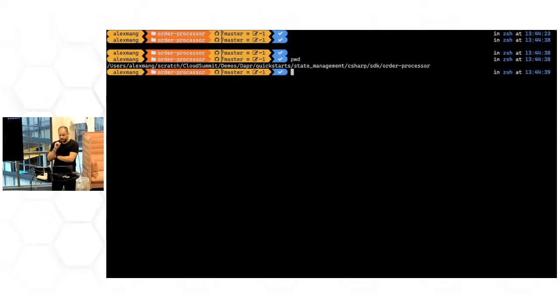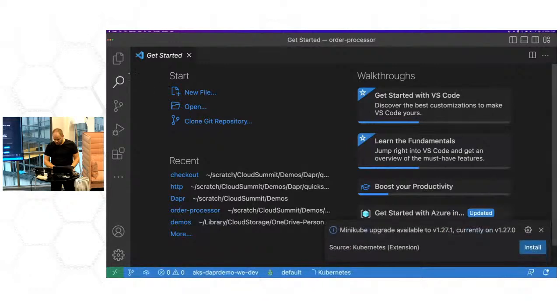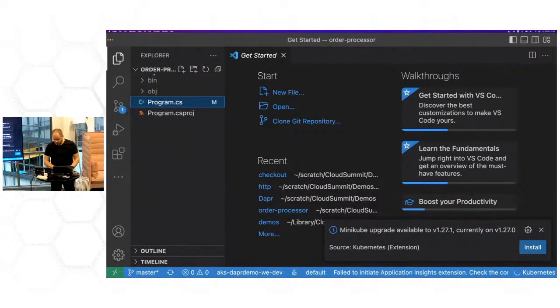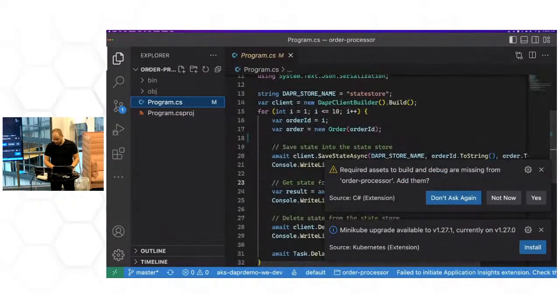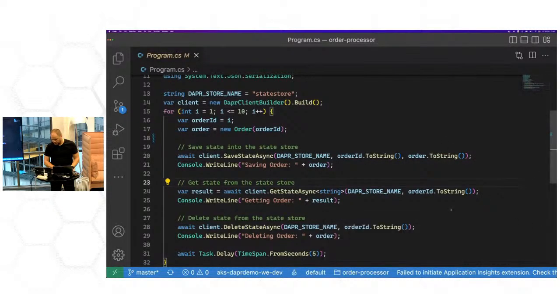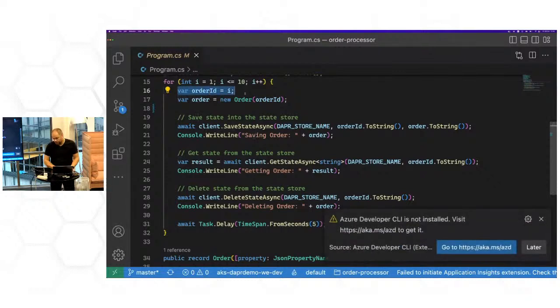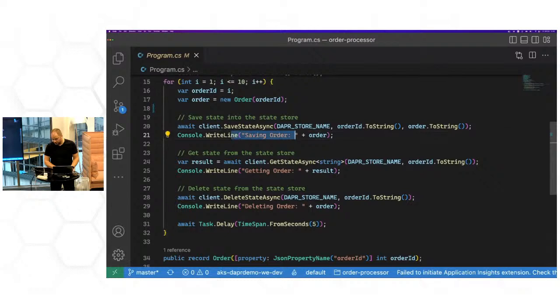Over here, I'm in a completely different application scenario now. Let me open up code, and I will show you what this is all about. In this application demo, I have a single order checkout process. What I'm trying to highlight here with Dapr is that I could have a more complex business logic where I'm generating these orders, and rather than just sending a number, an index, I'm going to save the order information, retrieve the order information, and delete the order information from a supposed data store,